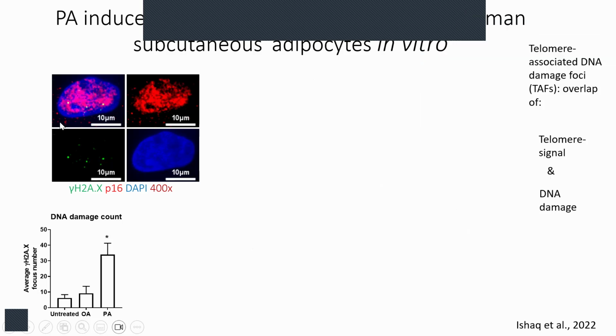Anyway, when we look for H2AX, you can see these green dots on a cell nucleus, and the red is the P16 staining. We can show that the untreated and the OA treated don't have a lot of H2AX, while the palmitic acid indeed shows a lot of